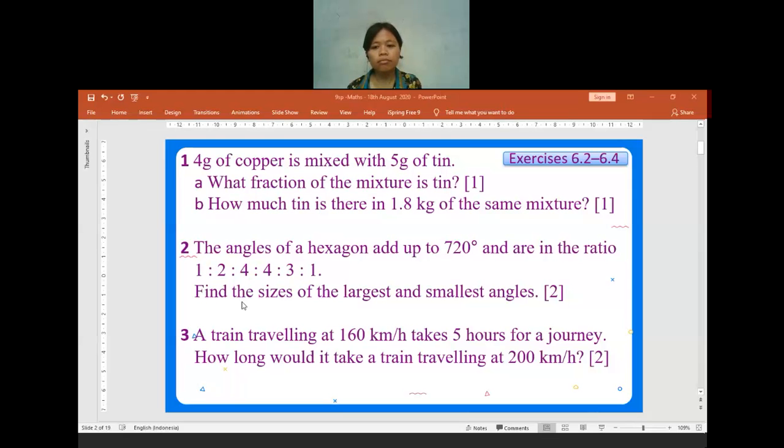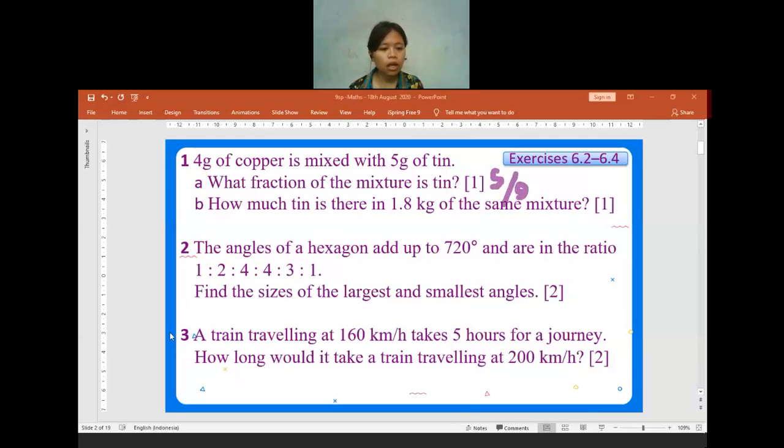What fraction of the mixture is tin? So how many? 5 out of 9 grams. 5 out of 9. Okay, good job. Is there anyone who is confused about getting 5 out of 9? The answer is correct, 5 out of 9. Okay, if no one has any confusion, let us move to the question